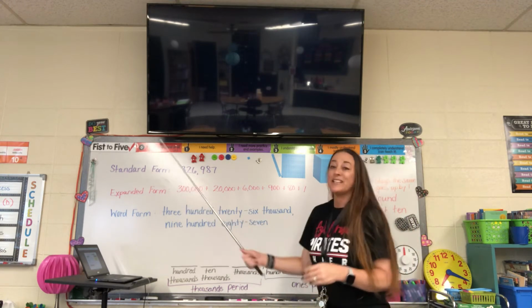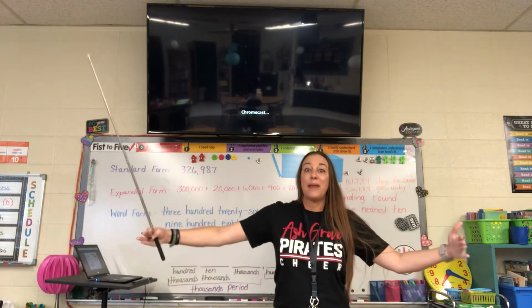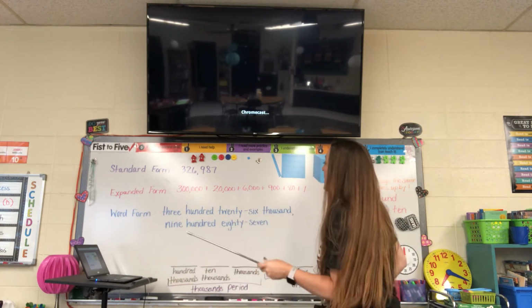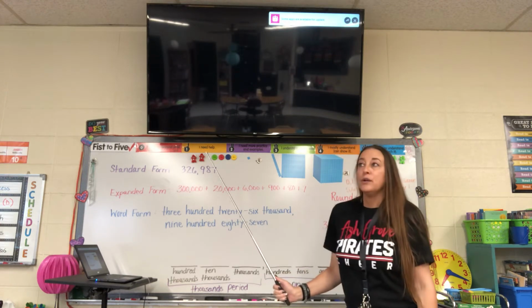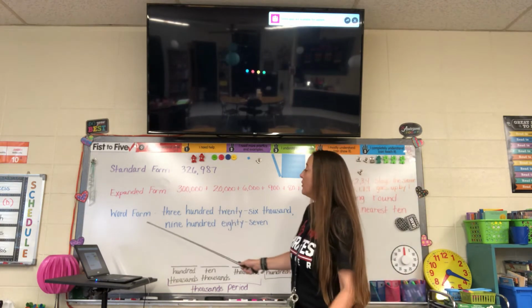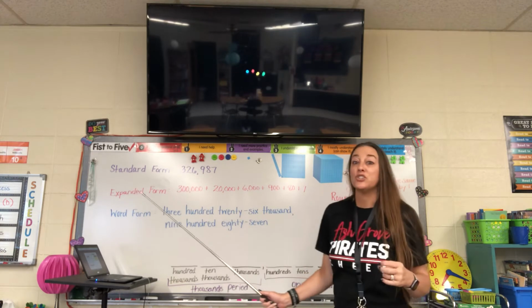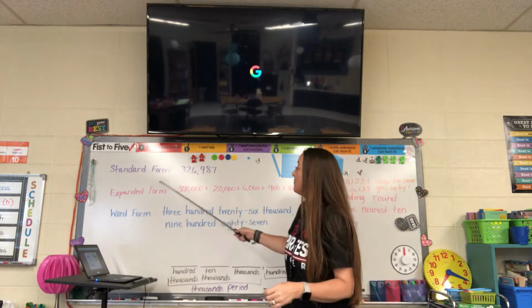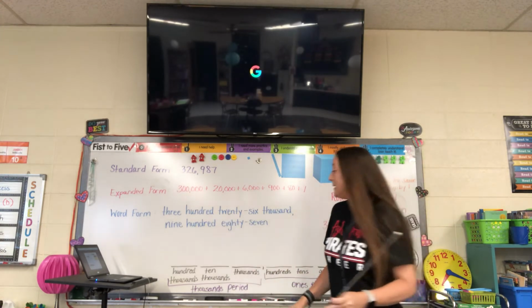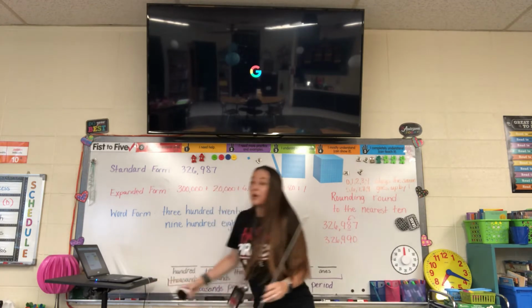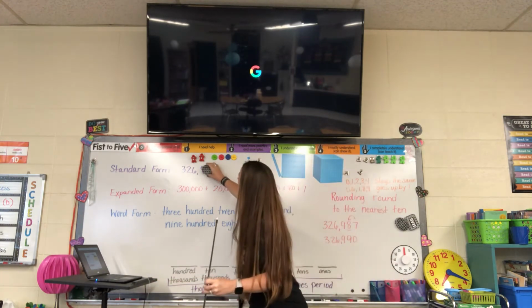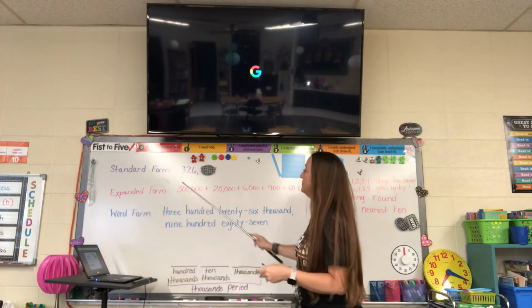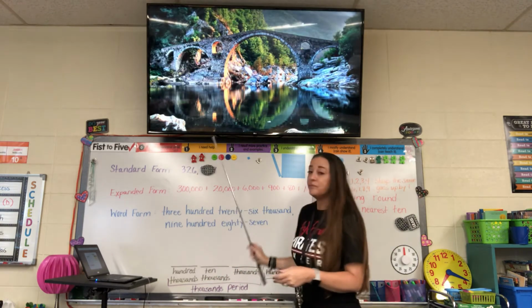That's how you do expanded form. It's expanded, it's great big. And then we have word form. To find word form, I like to start with standard form. So the way we read numbers, we look at them 3 at a time. So I'm going to cover that up and say this number is